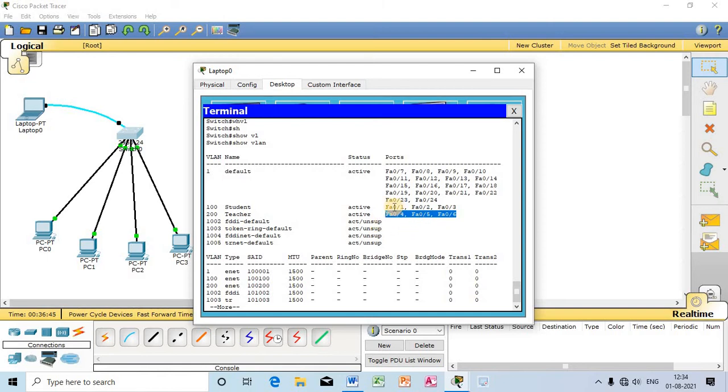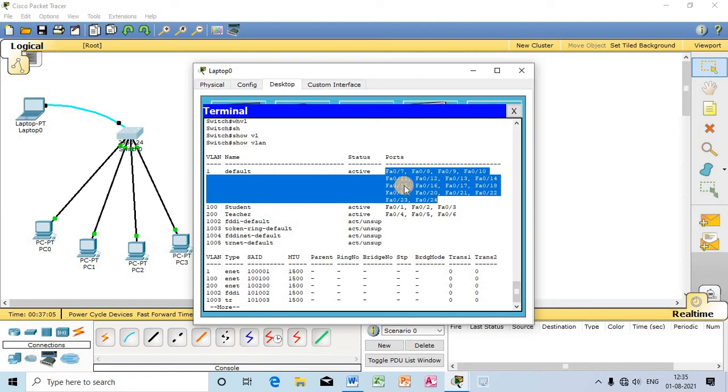You can watch out, 3 ports I have allotted to VLAN 100, named student, and another 3 ports I have allotted to this particular VLAN 200, named teachers. The status is active.